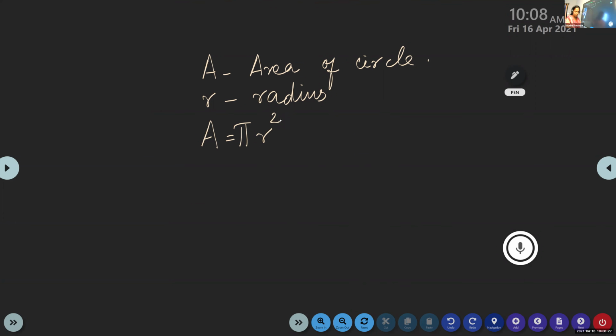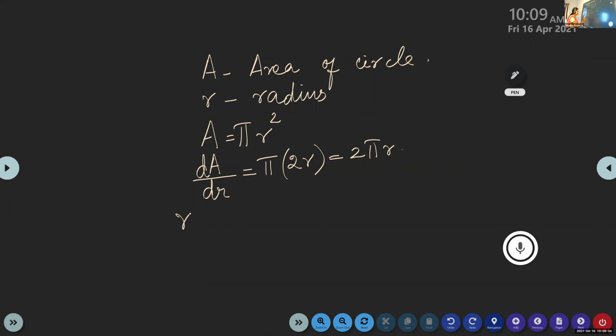Now what is asked here? We are asked to find the rate of change of area of the circle with respect to radius, that is dA by dr. So dA by dr is equal to pi into the derivative of r square, which is 2r. So it is 2 pi r. If you keep pi as such, no problem. If they specifically give the value of pi, you substitute. Otherwise, writing in terms of pi is also okay.